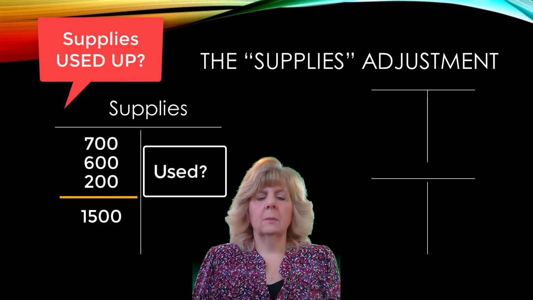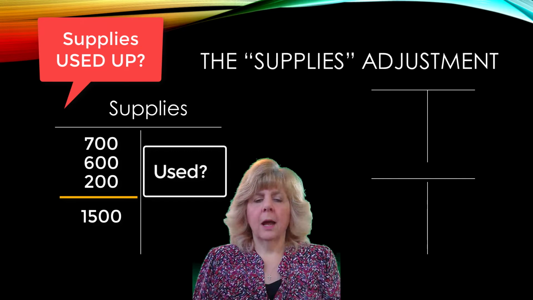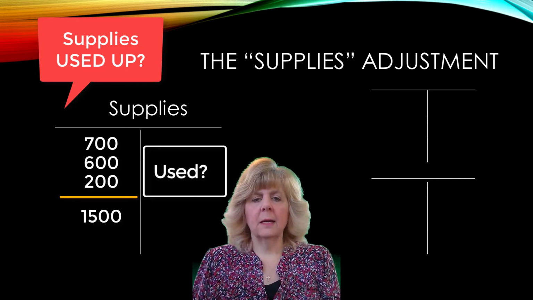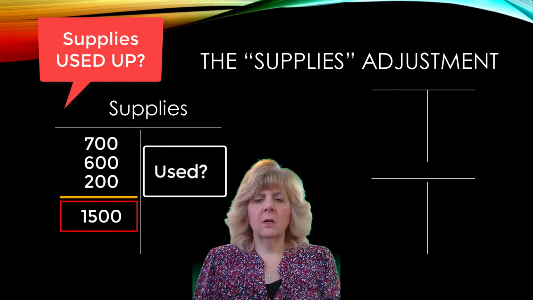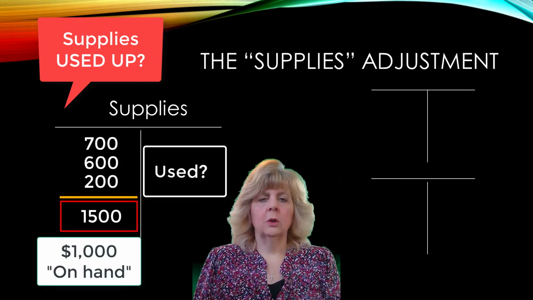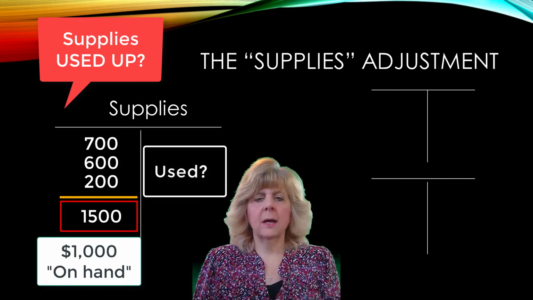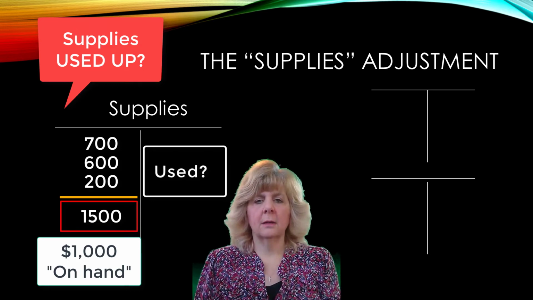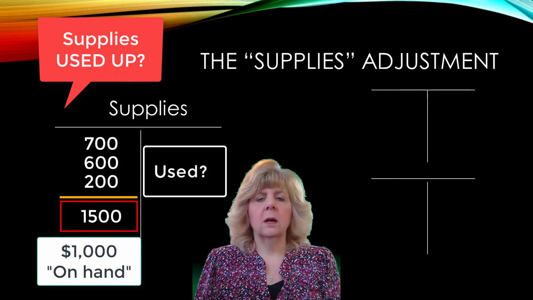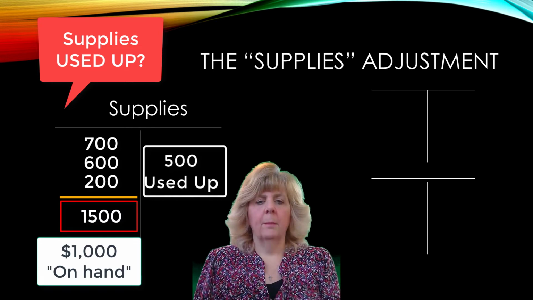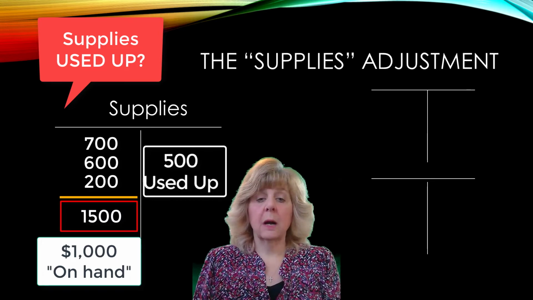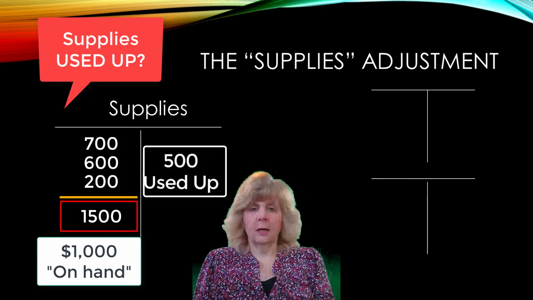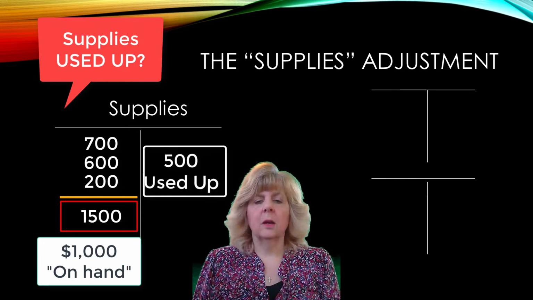You do this by finding out how much is in the supplies balance currently, and then once an inventory is taken, you will know how much of the supplies are still on hand. The amount used up is calculated by taking what's in the account now and then subtracting out what's on hand. This will give you the amount of